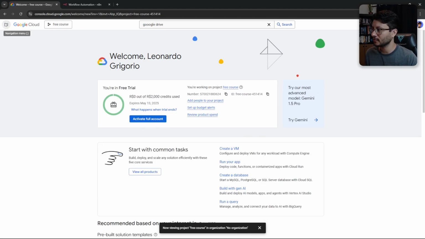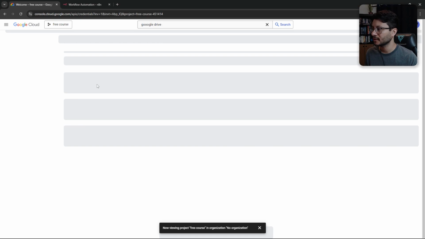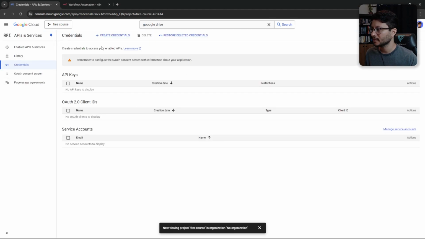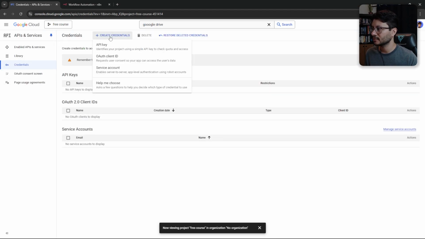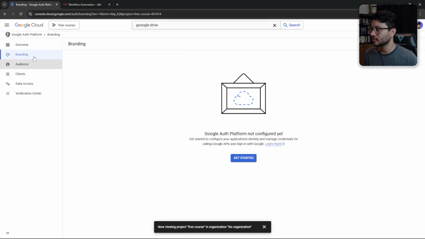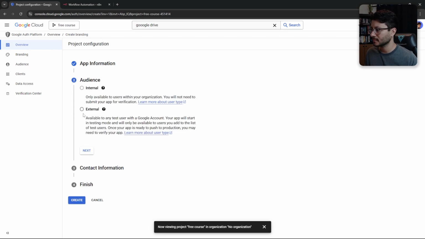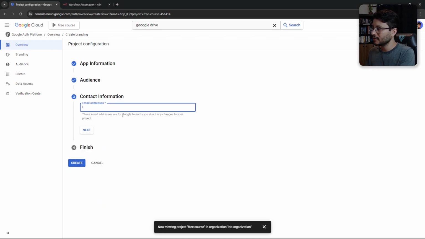Inside of this panel, you'll head over to this menu, hit APIs and services, credentials, and this is what you'll see. First thing you'll have to do is create credentials, OAuth client ID, hit configure consent screen, and this is where you'll fill in your branding. Place in the AI Forge, for example. The user support mail will be my own. Hit external, hit next, type in your own email address if you wish,